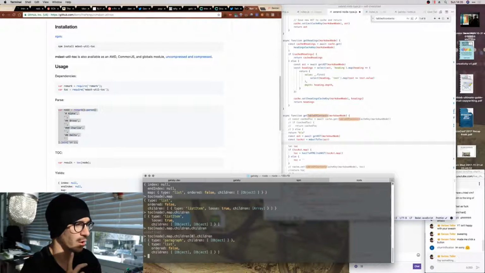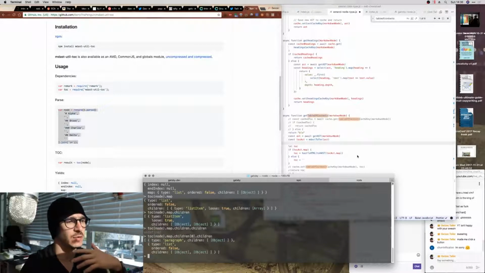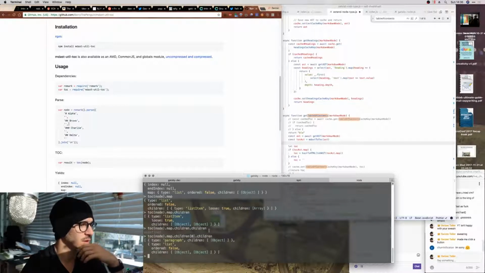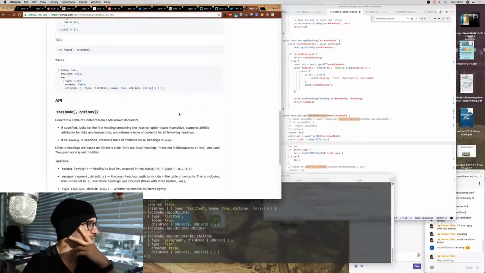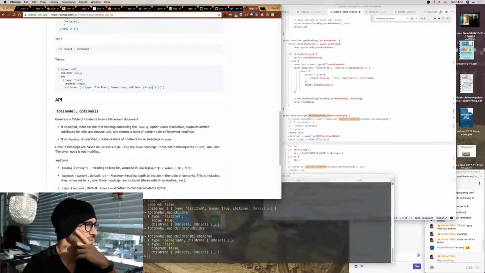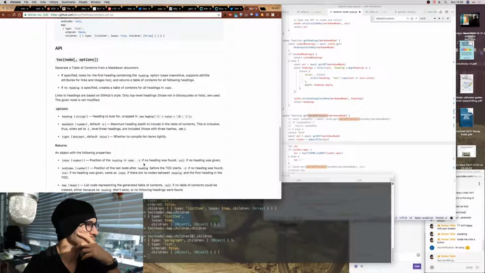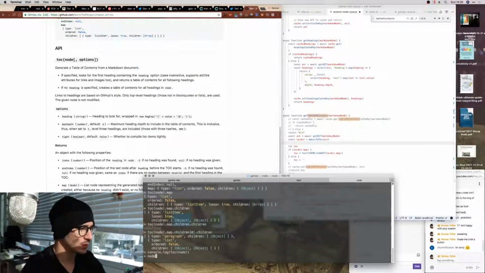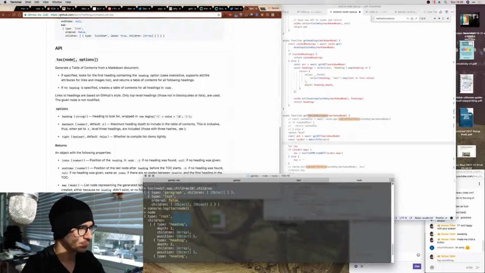Okay, so my problem is that I don't know where it's creating the table of contents, but it's not telling me how the children, like... oh, I see. So this is our node. Basically what I don't know is where does the